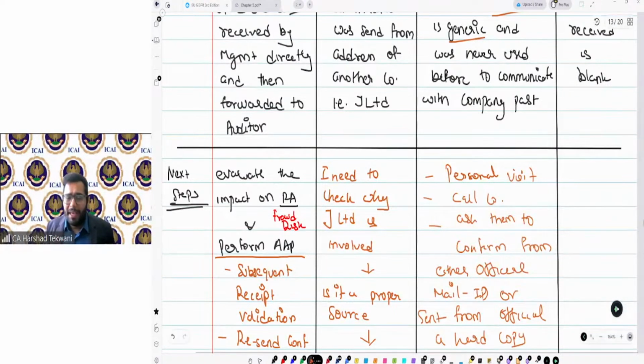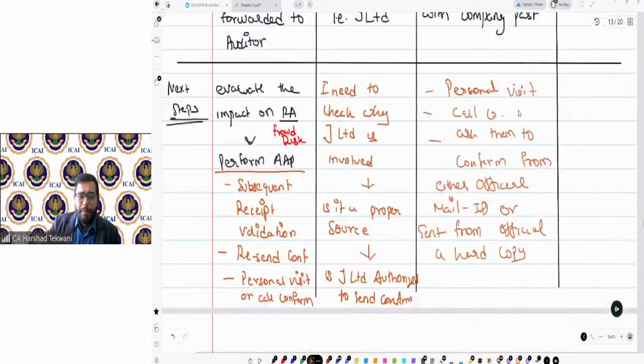So I'll ask them, please confirm either from your official mail ID or send an official hard copy from your official address to me. This is what I can perform as alternate procedures. And based on these alternate procedures, I need to consider whether I have obtained sufficient and appropriate audit evidence or not.